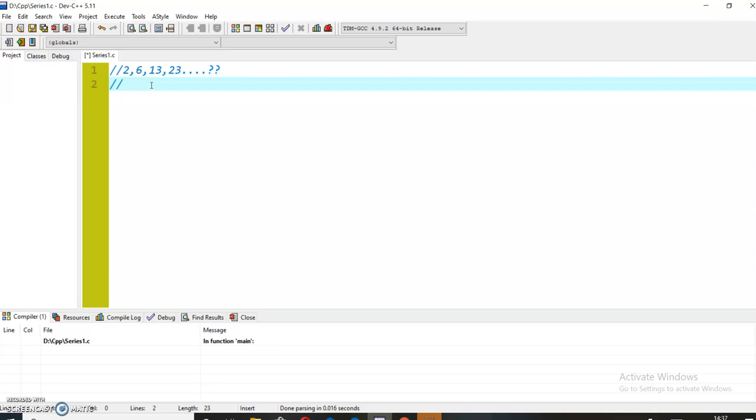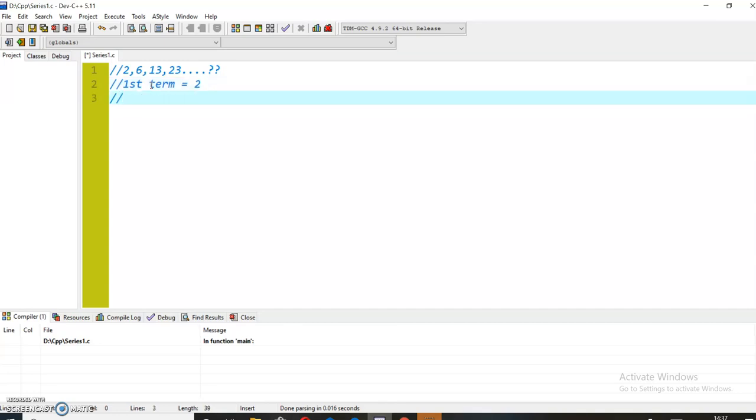As we can see, the first term of this series is 2 and the second term is 6. That is, it is 2 plus 4, 6.